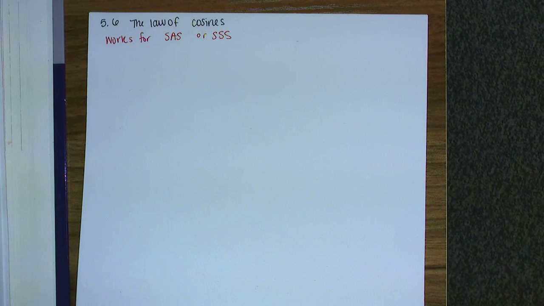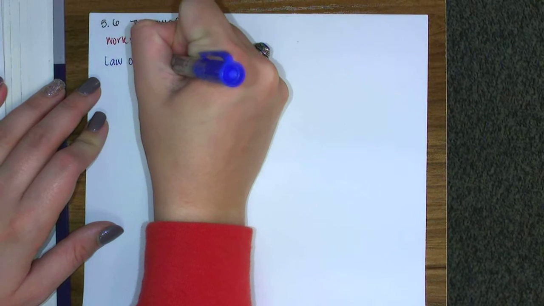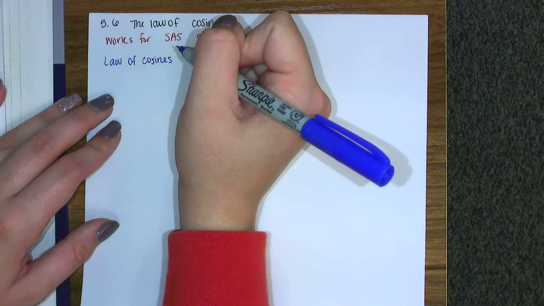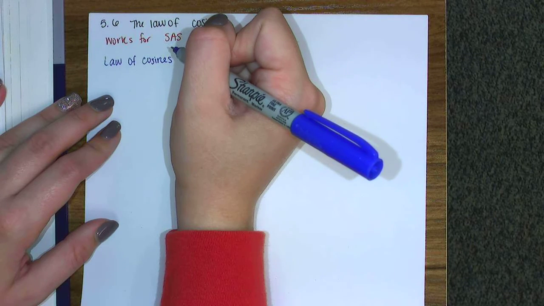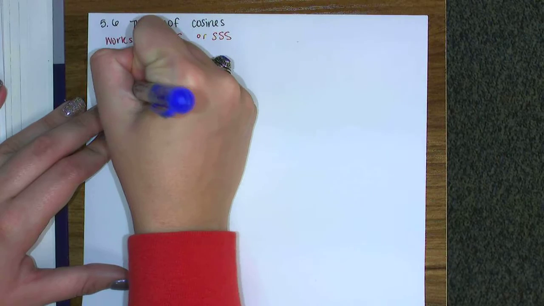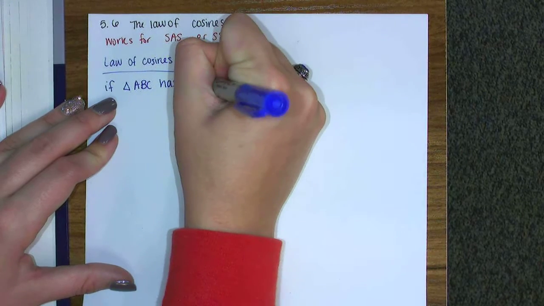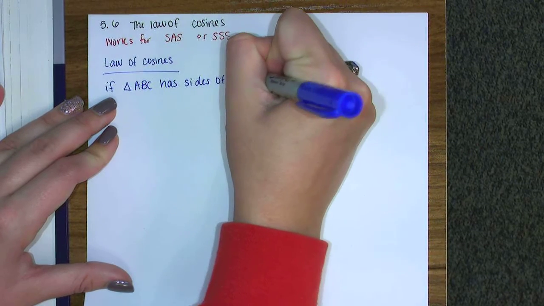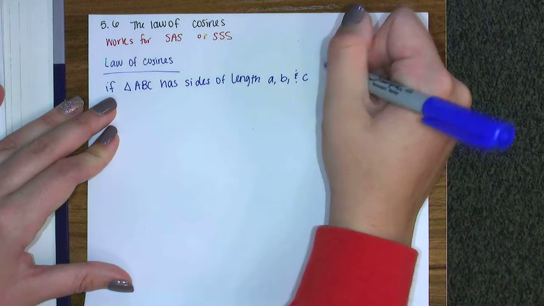So as far as the actual law of cosines, and I will say your book does a little bit better job with this than they did with the law of sines, but some of this I'm still basing off of the Algebra 2 book because I think it makes it a little clearer. So, law of cosines. If triangle ABC has sides of length A, B, and C, and these are all lowercase, then,